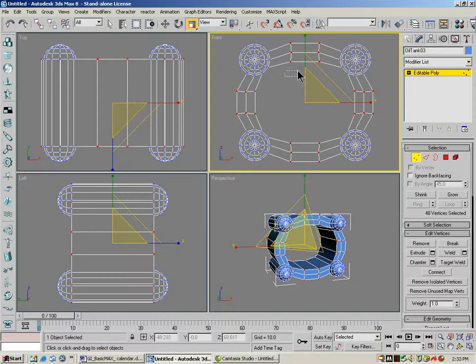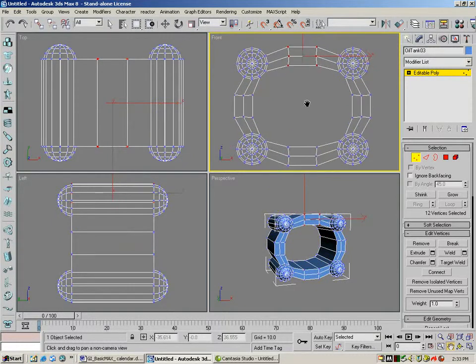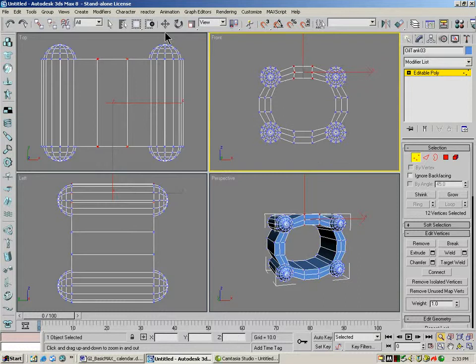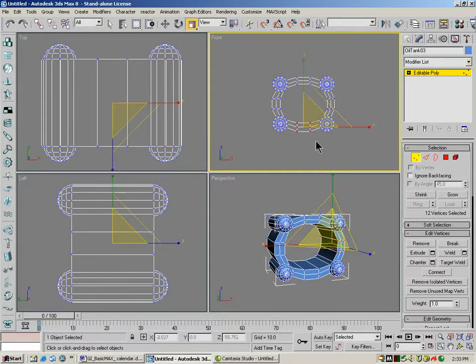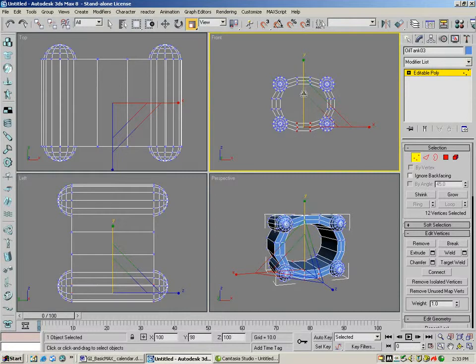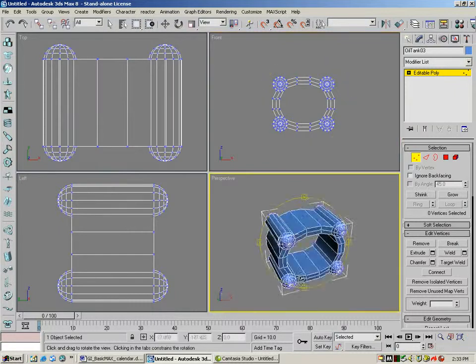There we go. If you're not happy with how it's distorted these a little bit, which is normal, but if you don't want that, you can go into each one now and just give the one axis a little tug. I need to zoom out a little bit more. Give the one axis a little tug and just scale them down. There we go. And there we go. And now we've made